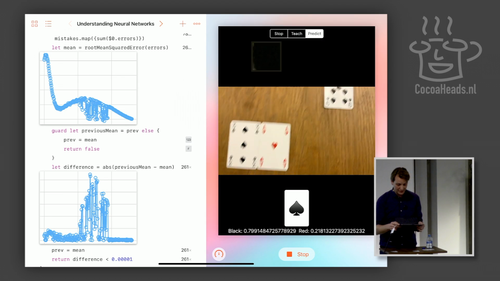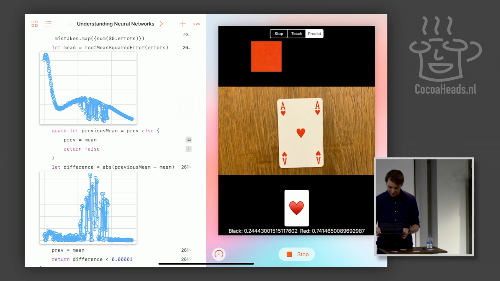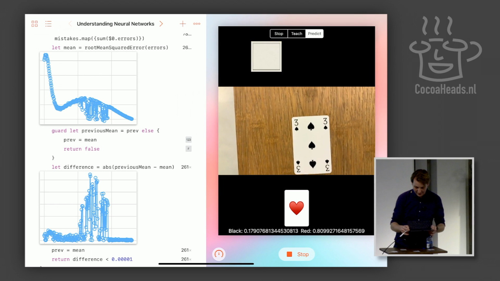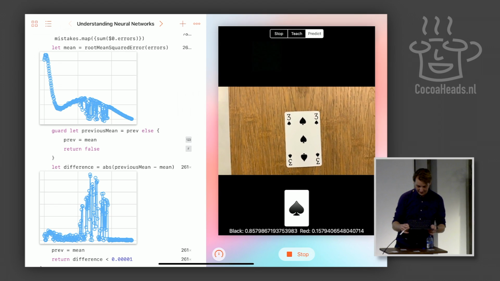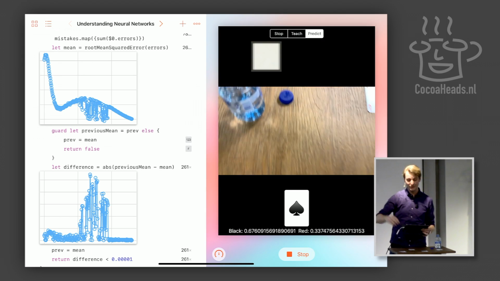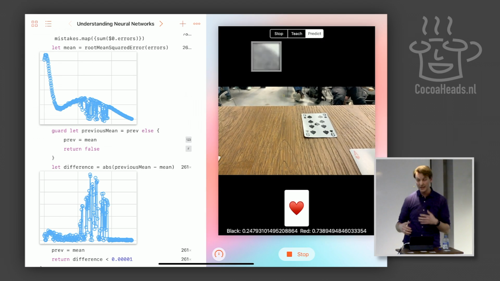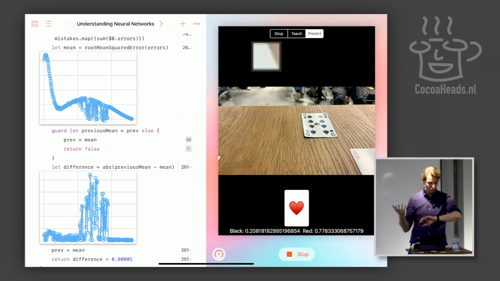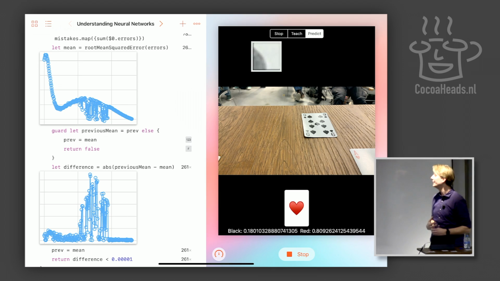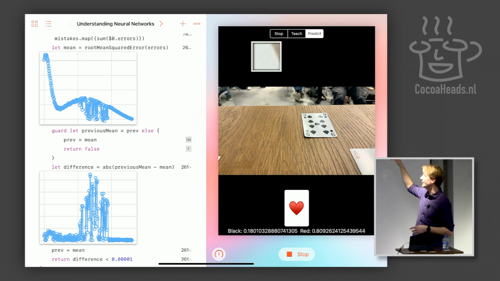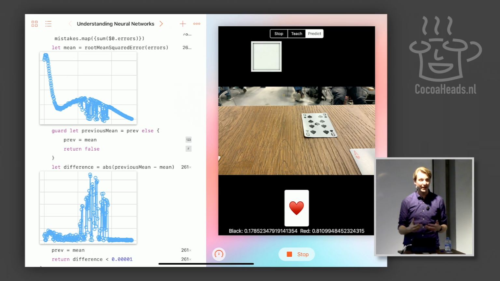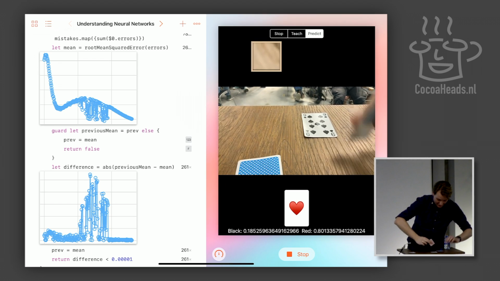So I can do this basically with these cards now too. This one is red, and this one is black. This is all being done by an algorithm that we just implemented in, what is it? Well, an hour. It's only fed data from the camera, and we tell it, this is the thing. So what we can do, last trick,